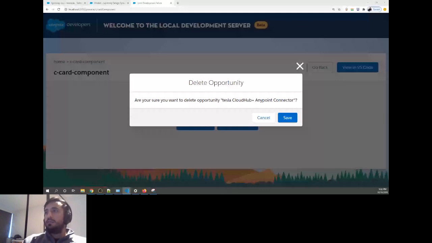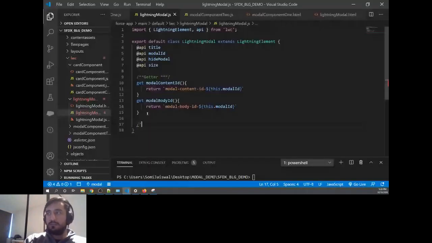And once this close handler is called, I'll say handlers, and I'll create the method. So whenever this method gets called, I want to dispatch an action to the parent because we are hiding and showing our component from the parent properties, right?